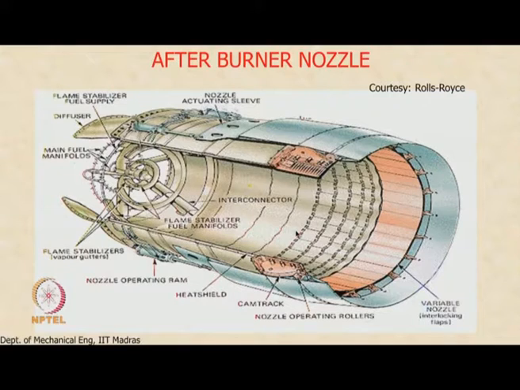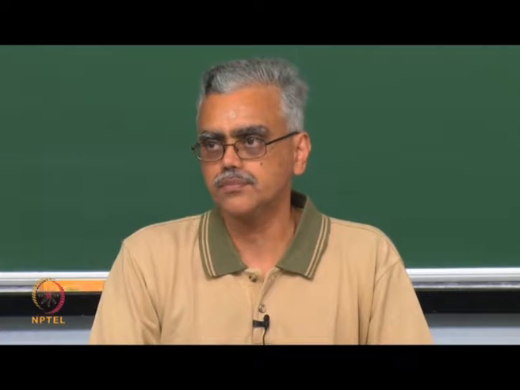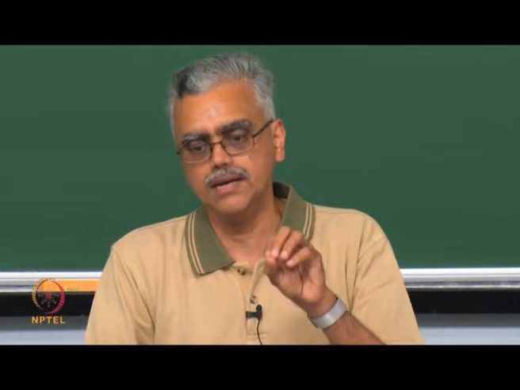This is the duct where the heat release takes place, and the stagnation temperature is increased. So when the stagnation temperature is increased and the air then comes out through the convergent nozzle, we get higher thrust for short durations of time. Notice that the tail end of the nozzle itself is very specialized, because when the afterburner is not operating, the cross-sectional area of the nozzle is smaller, and when the afterburner is operating, the cross-sectional area should become larger.